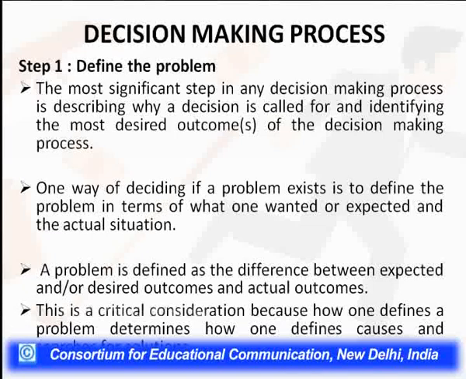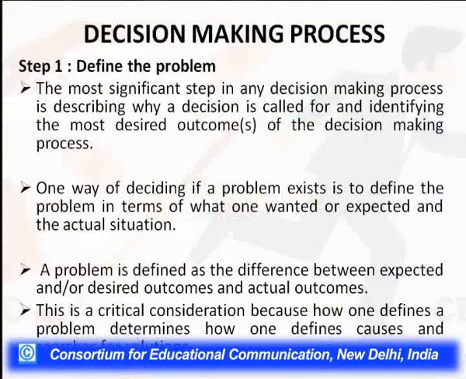So this is what we have already talked about, that when you start with the process of the decision making, the most significant step in any decision making process is to identify your desired outcomes, that what specific results you are looking for. What are the specific desired outcomes in your frame of mind, and these are the ends which you have to achieve. So unless and until you're clear about your desired outcomes, to define a problem, to analyze it would be a very, very difficult task.